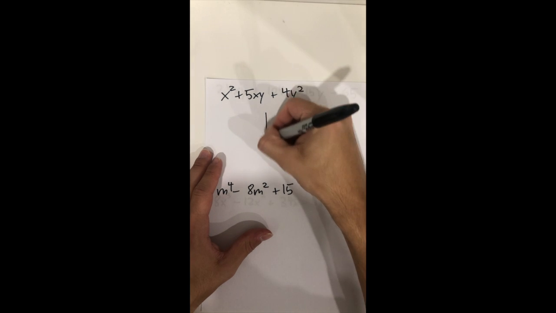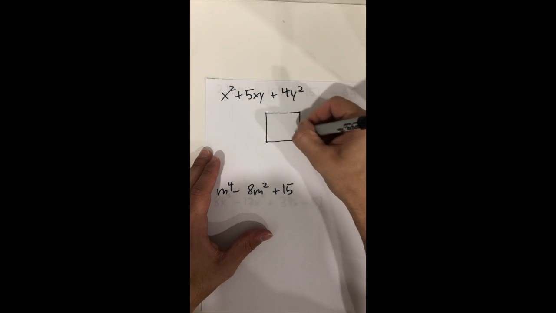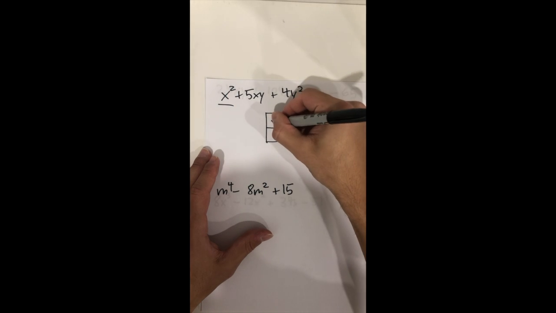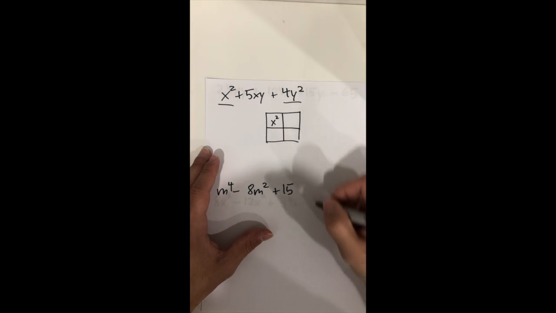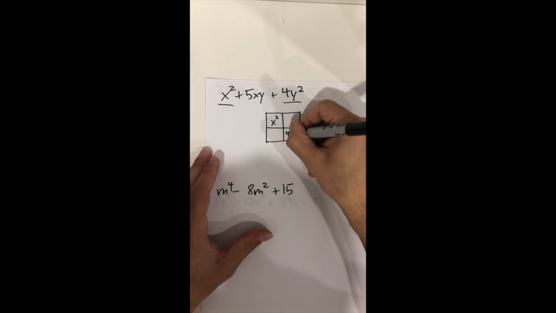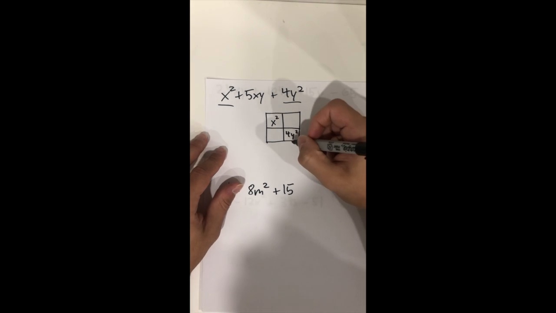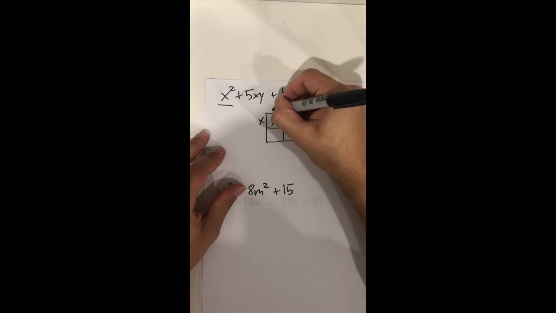is this up top. So same thing, I want to factor it. I draw my box. My first term, x squared, here. Term all the way at the end, 4y squared, put that over here. So already we can start to factor out some of the inner boxes. We know x squared is going to be x, and